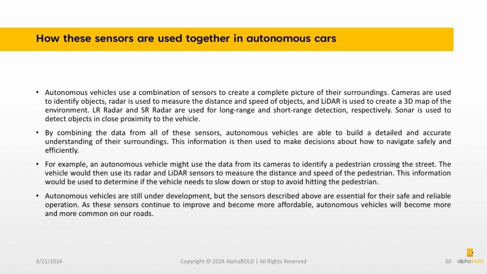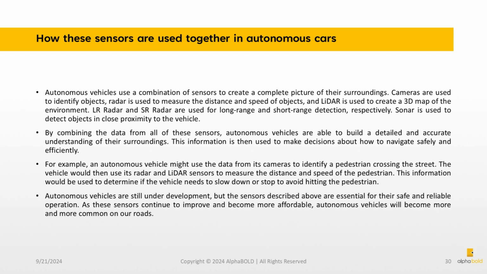By combining the data from all of these sensors, autonomous vehicles are able to build a detailed and accurate understanding of their surroundings. This information is then used to make decisions about how to navigate safely and efficiently. For example, an autonomous vehicle might use the data from its cameras to identify a pedestrian crossing the street. The vehicle would then use its radar and LiDAR sensors to measure the distance and speed of the pedestrian. This information would be used to determine if the vehicle needs to slow down or stop to avoid hitting the